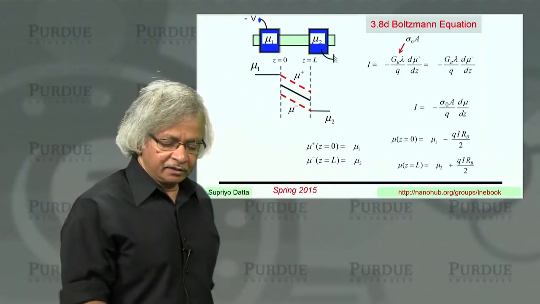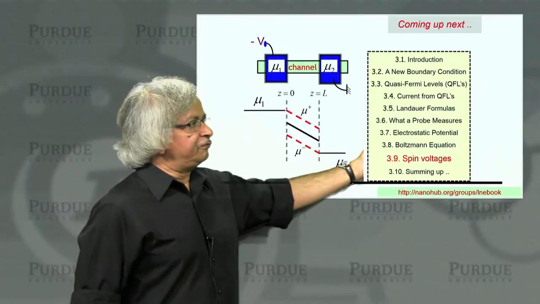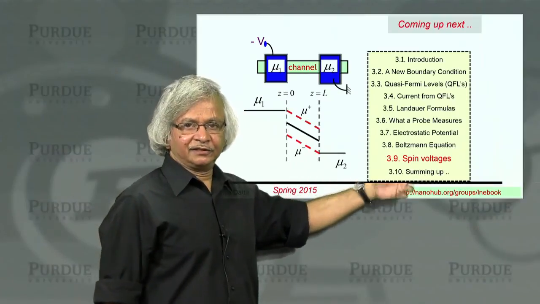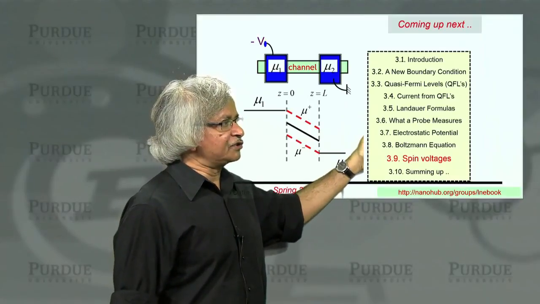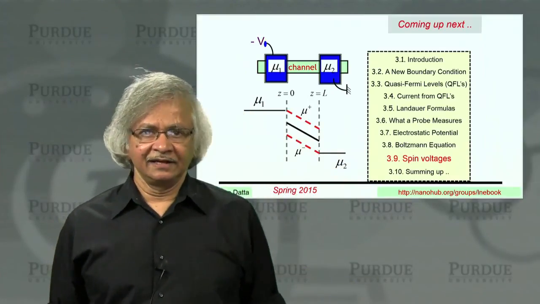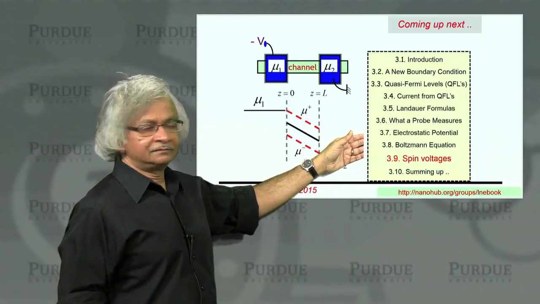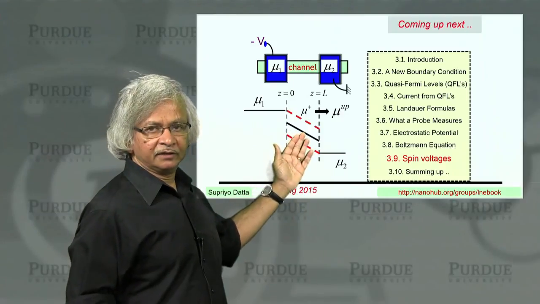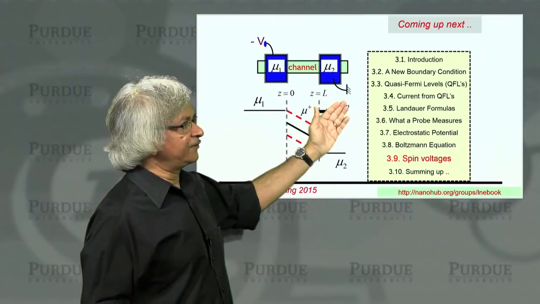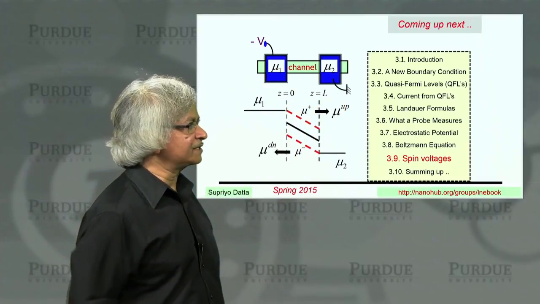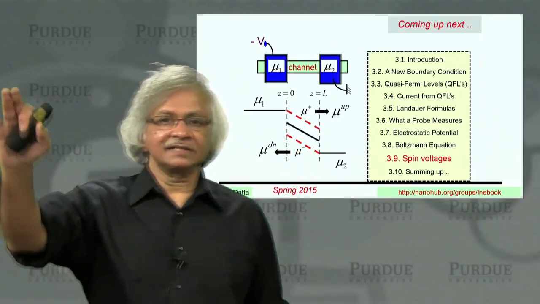Now, so this unit, then the next thing we'll do is talk about this topic of great current interest. There's a lot of work nowadays on spin potentials, and there's a lot of activity. And of course, the reason I'm talking about it in this context is because it relates in a natural way to the concepts we have talked about here, the mu plus and the mu minus, because in certain materials, the mu plus can translate into a quasi-Fermi level for upspins, and mu minus can translate into a quasi-Fermi level for downspins. But that's the next lecture.